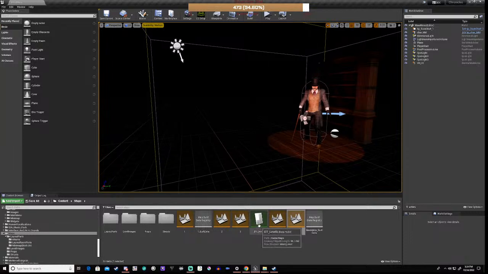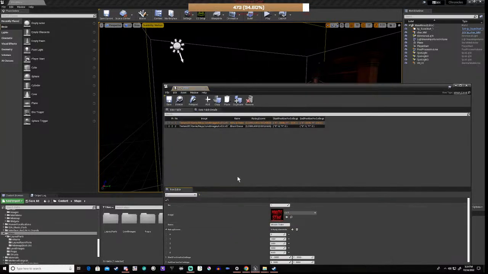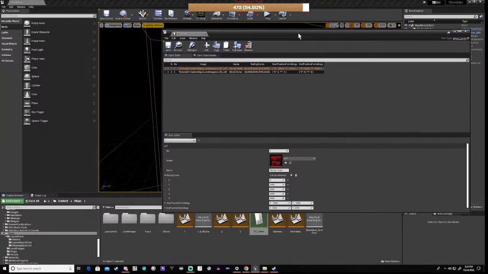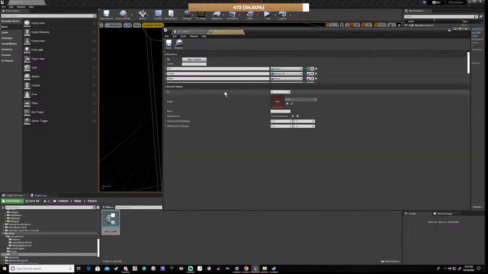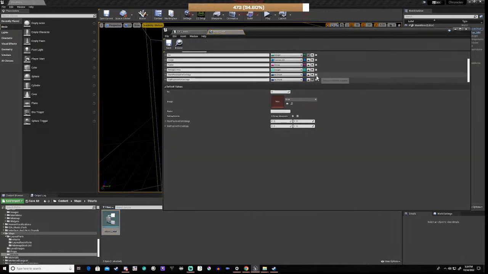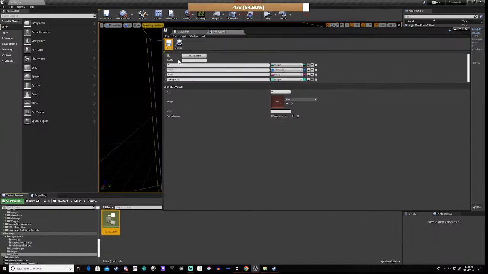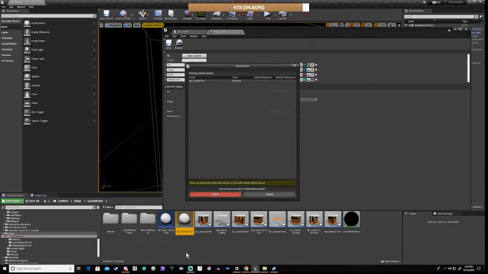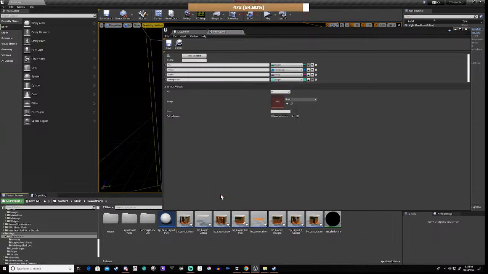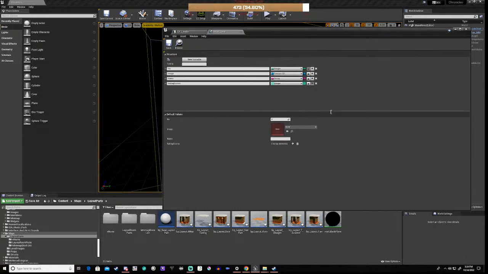And probably now that we're not using it, we can basically remove this struct and stuff. We can remove that from the struct. Save that. Right. And then basically in our layout parts, we can delete this blueprint. And now